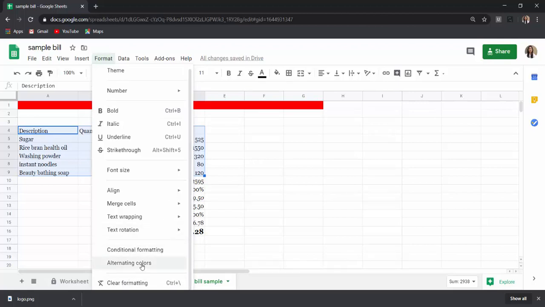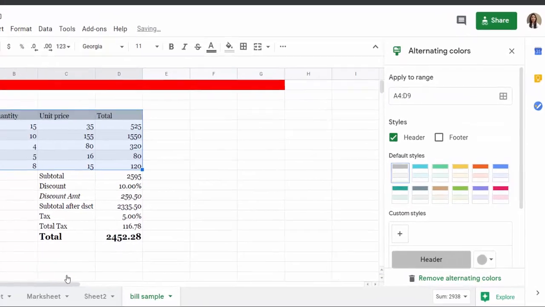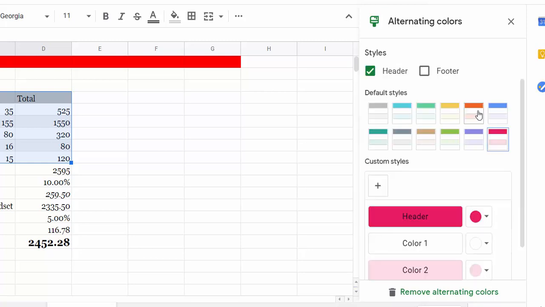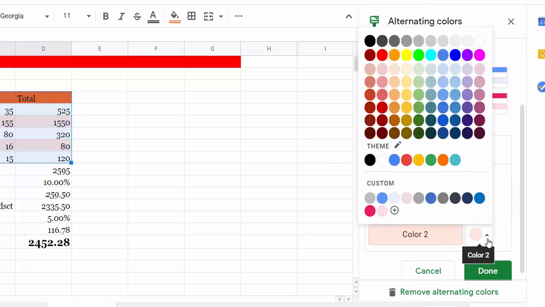For example, I want alternate coloring, so I'm selecting alternate coloring, and I just want to consider header with the orange color. So you can see header color is orange, first color is white, second color is pink. If you want to change the color, that is also possible.